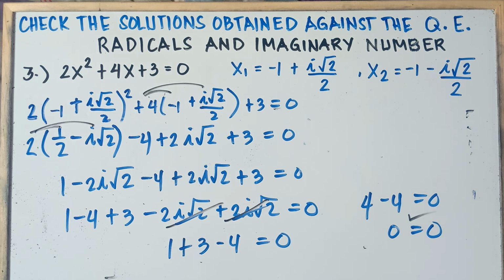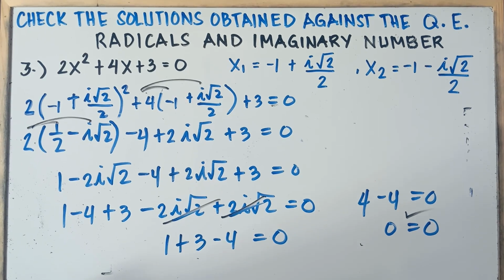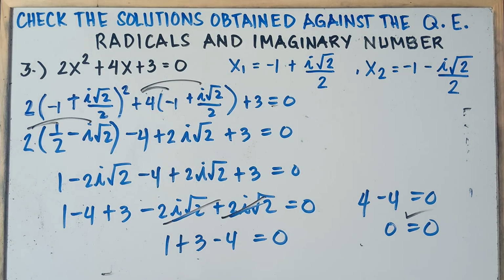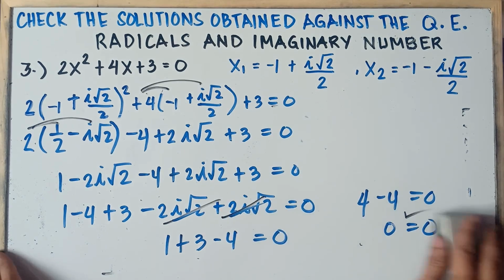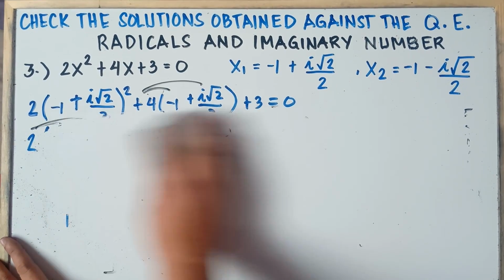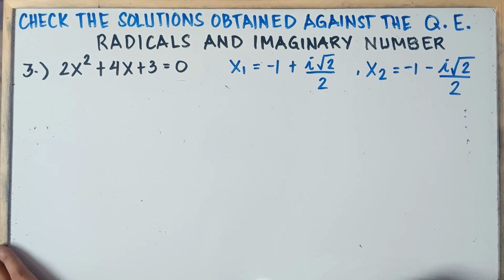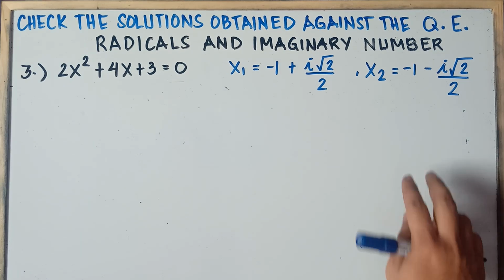Quite complicated, right? For our first root. So let's check the second root, class, with regards to this equation. Alright, so once again, class, these are the solutions, and we're all done with this first root. Alright, let's have the second root. Quite complicated, right? You need to do it step by step, class. Alright, so let's check this one, class.